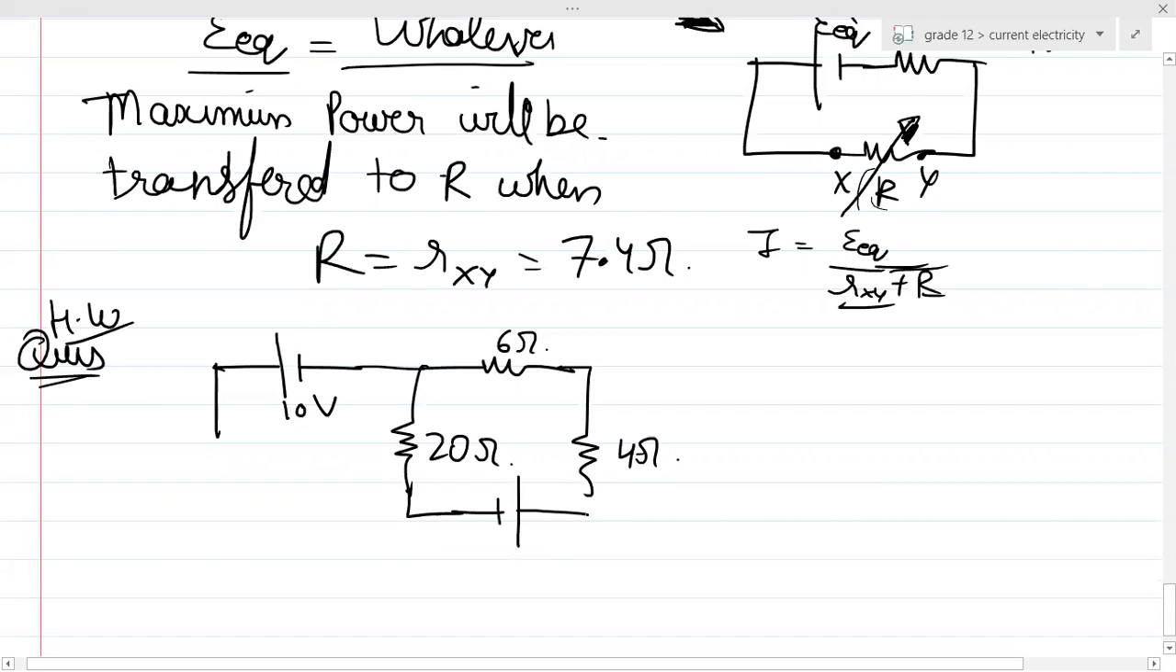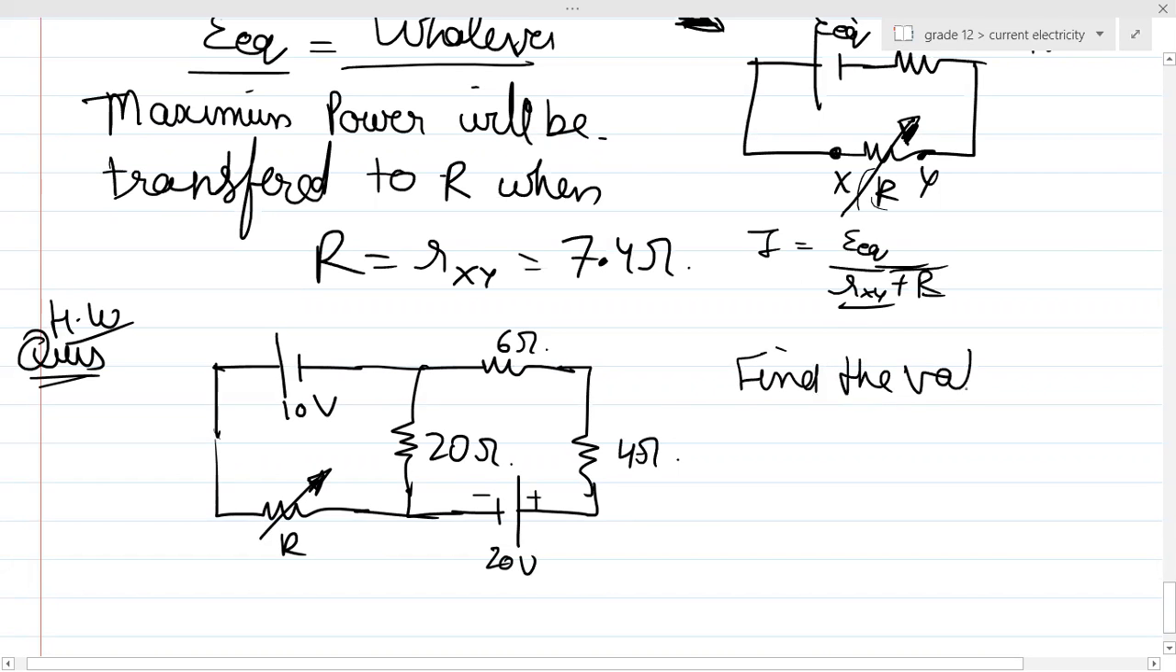This battery, and where is the last one? I'm modifying the question a little bit, okay? This is a variable resistance whose value can be changed. 20 ohm, 4 ohm, 6 ohm, 10 volt, 20 volt. Now the question is, find the value of R